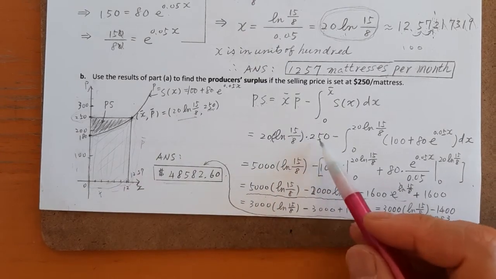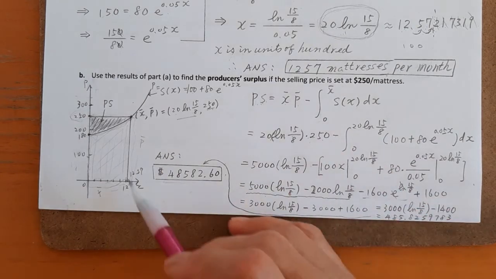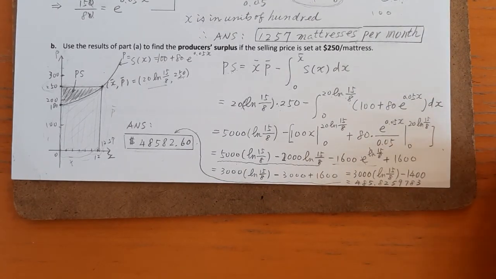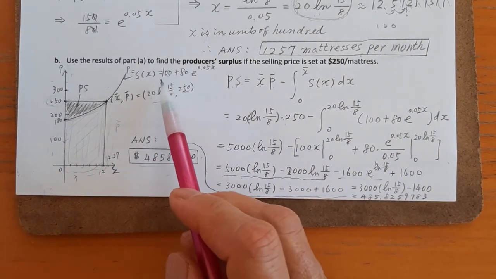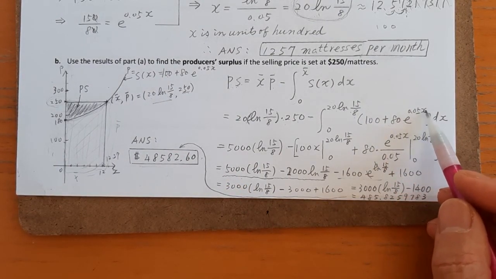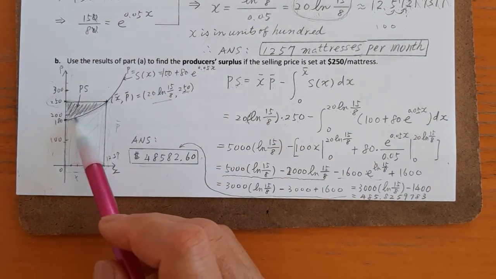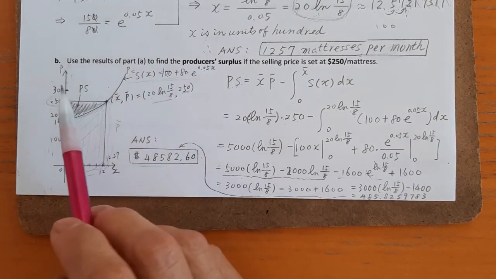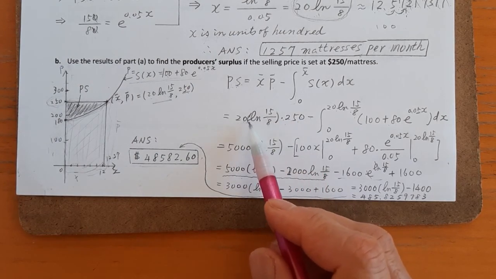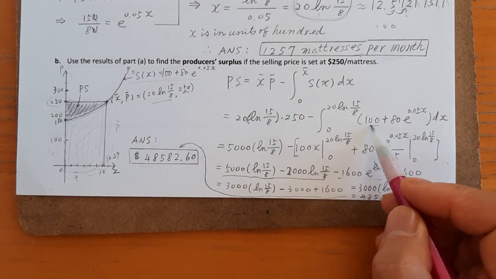So we get X bar times P bar, which is 20 ln 15 over 8 times P bar 250, minus the integral from 0 to X bar, where X bar is 20 ln 15 over 8, of the supply function, 100 plus 80 e to the power 0.05x, dx. Then multiply together: 20 times 250 is 5,000 ln 15 over 8, minus